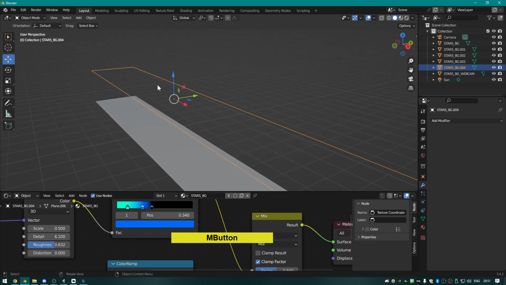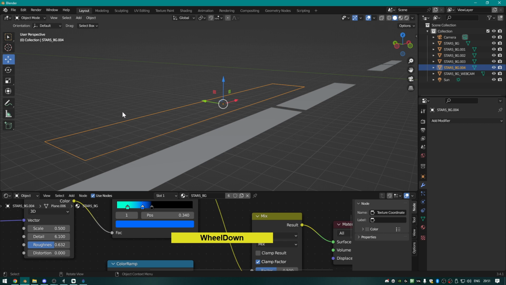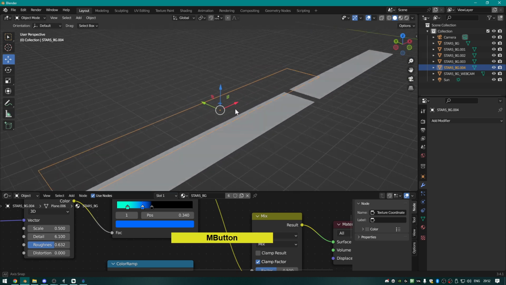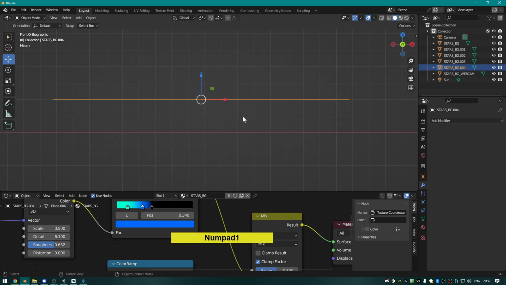So we want to make it so that there's some edges going towards the middle. And the way to do this is we want to make this into a tube-like shape. So imagine it's like a square tube, but it's got some height to it, upwards. And then on the top part of the edges, we want to move it inwards a bit, so it creates a kind of pyramid effect. And rather than me explaining it in a horrible fashion, why don't we press numpad 1 to go into the